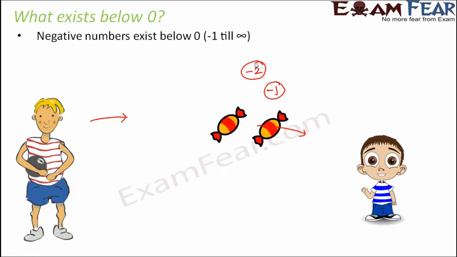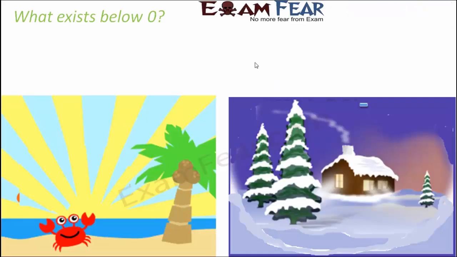So the negative numbers again start from -1 and it goes like this: -2, -3, -4, and again this also goes till infinity, because the negative numbers also extend indefinitely. So what do we conclude? We conclude that we have a set of natural numbers which are all positive. We have a 0, and we have a set of negative numbers all of which have a negative sign with them. So now the question is,